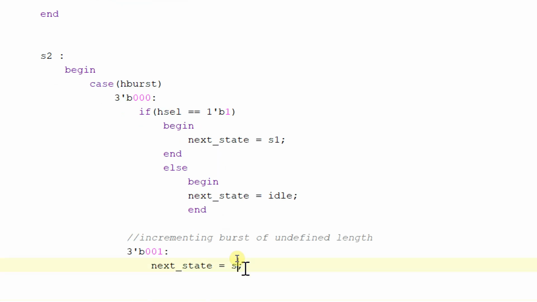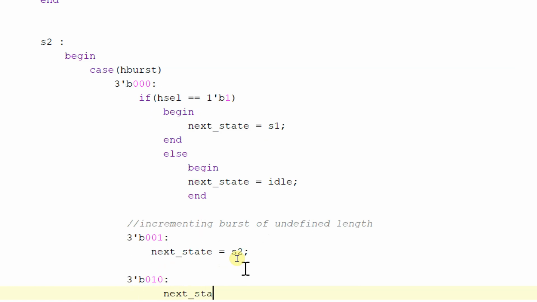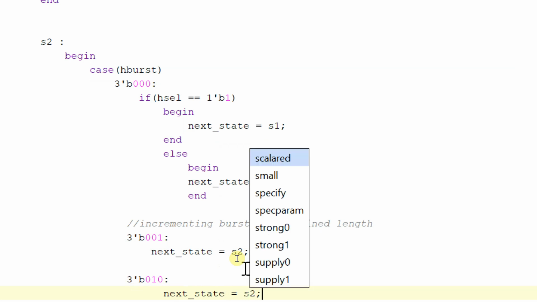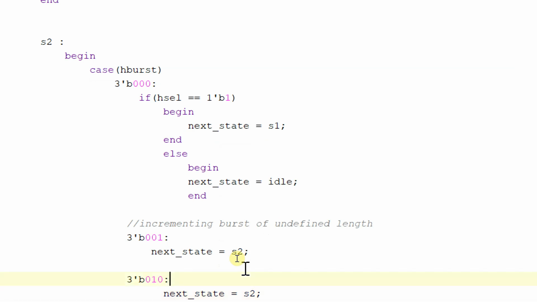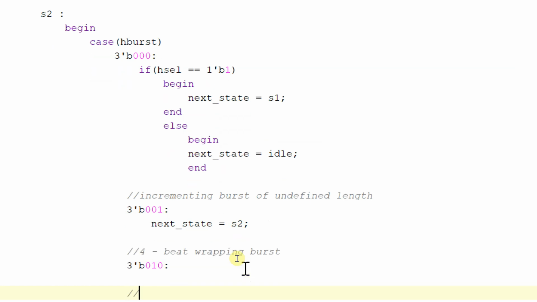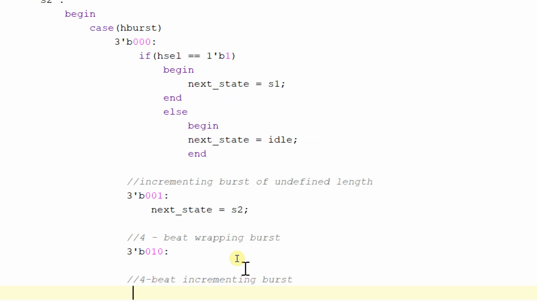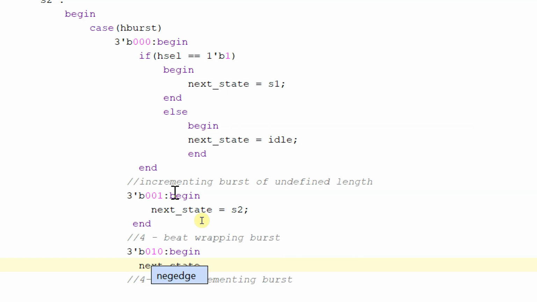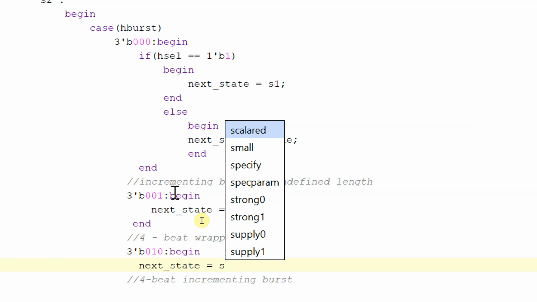and if here next_state will be equal to h2, and if h_burst is equal to 3'b010, then next_state will be equal to s2. Here 3'b010 is for 4-bit wrapping burst, and in the case of 4-bit wrapping burst also, we'll begin this case. So if it is 3'b010, then next_state will be equal to s2,